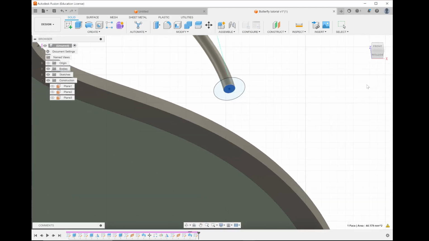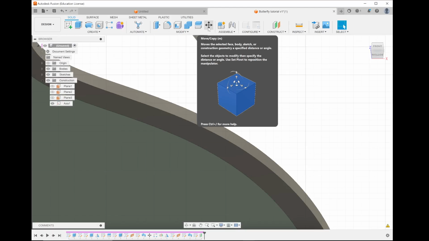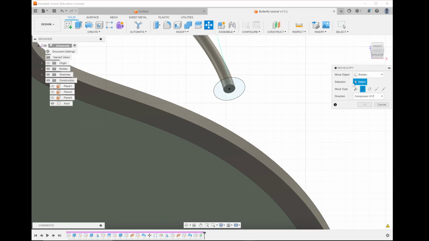So now we're going to end up using the revolve tool, which means we're going to get a shape, and if we spin it, it's going to make the shape that we want. Right now, if we revolve this circle around this shape over here, it's not going to do anything because it's like this, right? That's not going to make any 3D shape. So we first have to rotate this circle in a direction so it will be able to spin. We'll press move or copy, and over here we're going to press sketch objects,